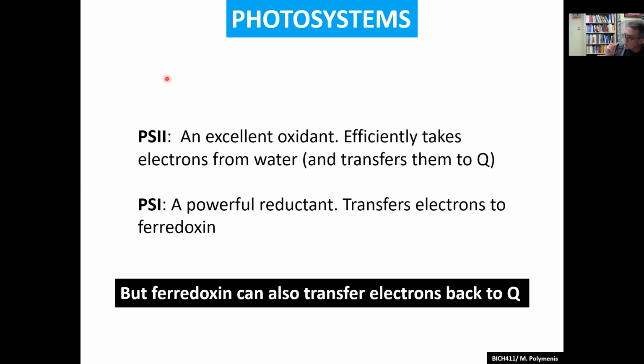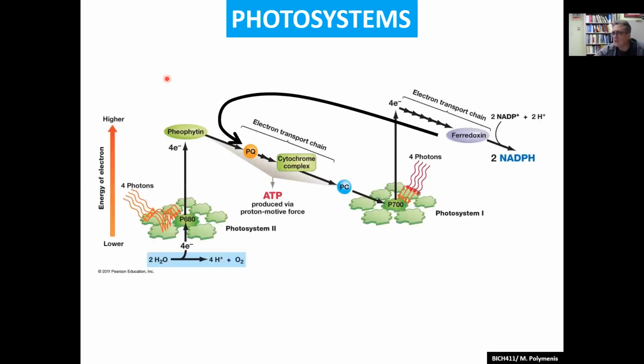That's one option that ferredoxin has, however. It can transfer them back to Q. And why would you do that, you may ask? Okay, so, well, ferredoxin can pass them on to Q, so the electrons get passed on to Q, so it reduces Q. Okay, ferredoxin can reduce Q. And then the electrons pass on through the cytochrome complex. You have the proton pumping, and now you can actually make ATP